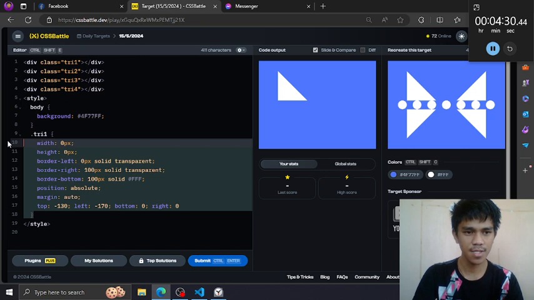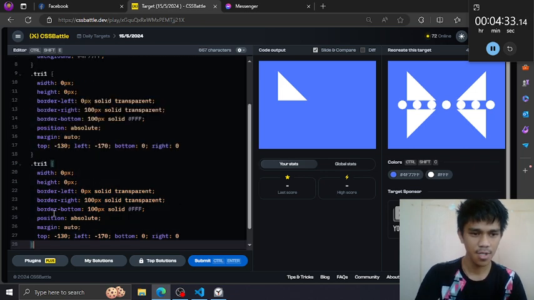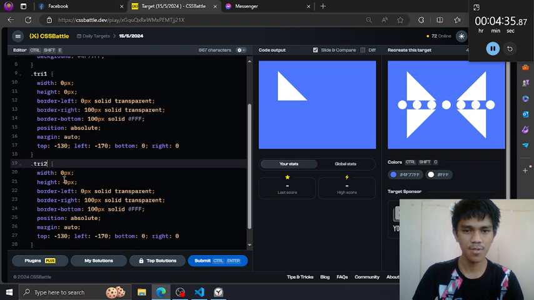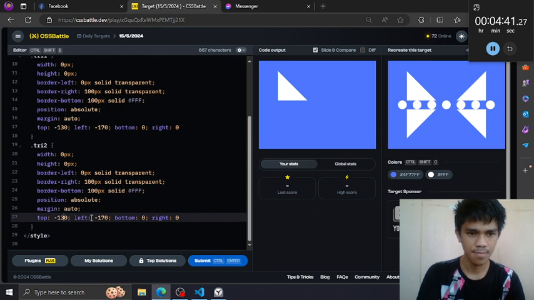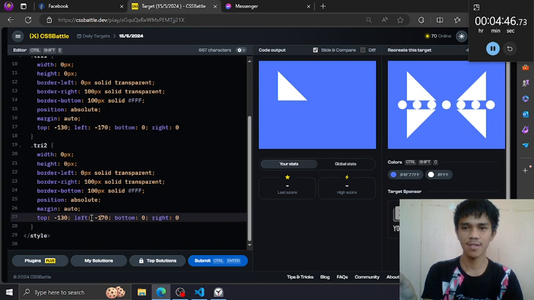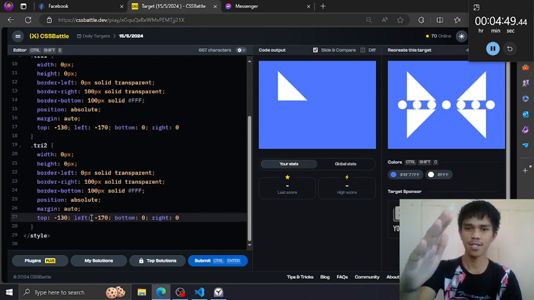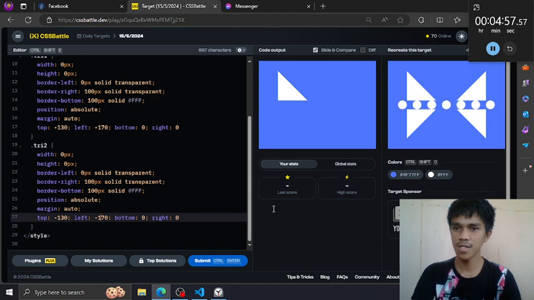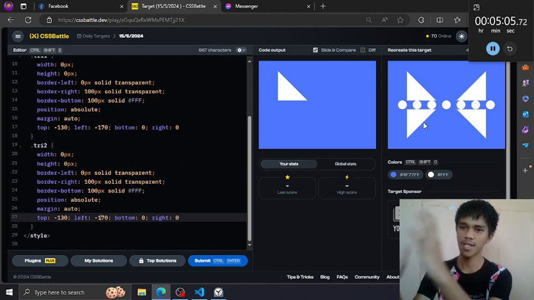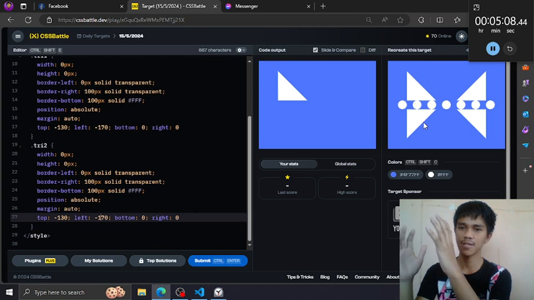Yep, and let's create the triangle 2 also just below this triangle 1. I can hypothetically write from left to right, but the triangle 1 is the top right triangle is similar. No, they are not similar, they are opposites. Okay, let's make this triangle 1 to the left and triangle 2 to the right.